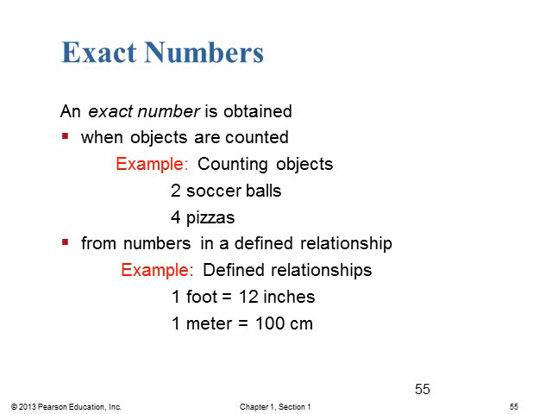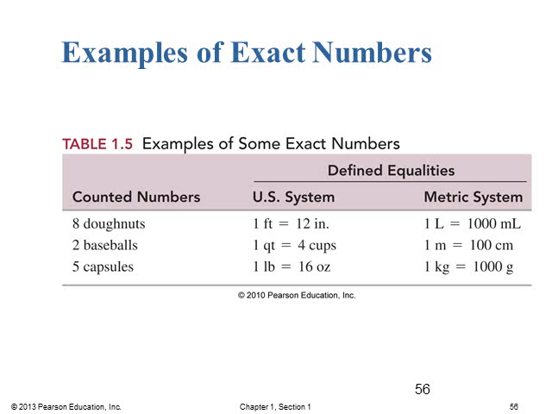Or they come from some type of defined relationship, some type of conversion. They're synonymous with each other. It's kind of like the measurement of a foot. A foot contains 12 inches. That's an exact number. It's not going to be 12.01 or anything like that. That's going to be exactly 12. And 1 meter, as we'll learn in a little bit, contains exactly 100 centimeters. It's a quick conversion. And so these are exact numbers. There's no estimation within that number.